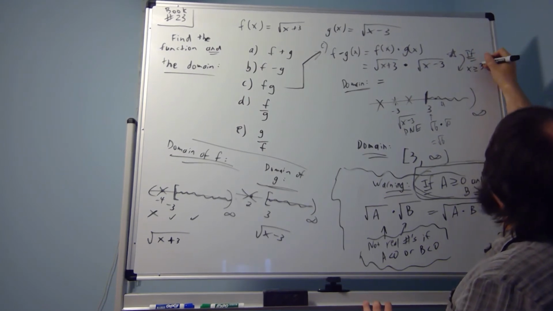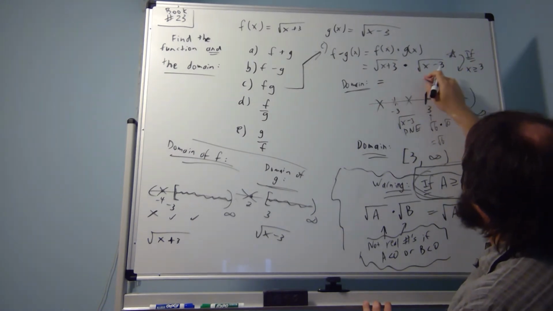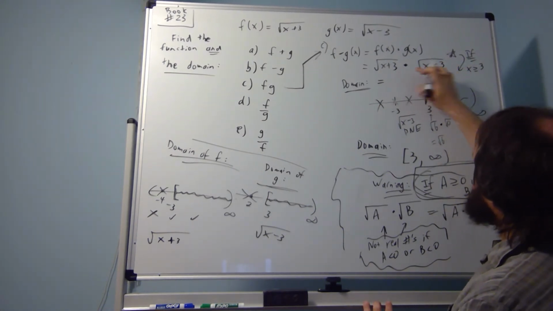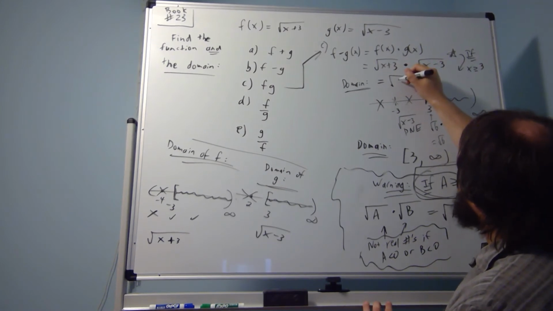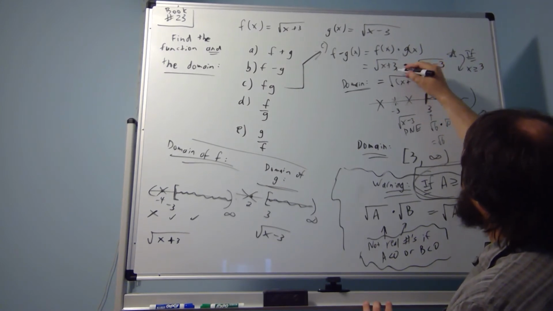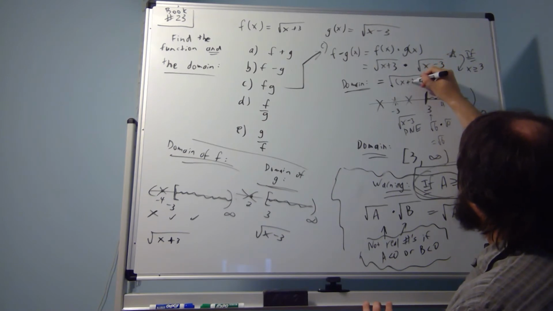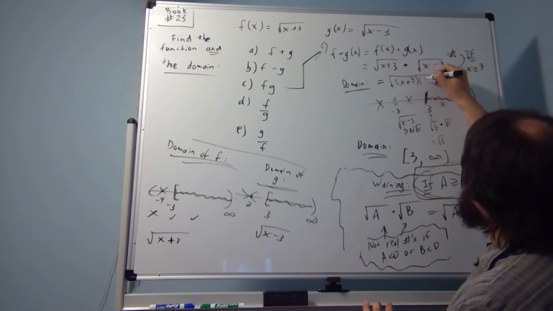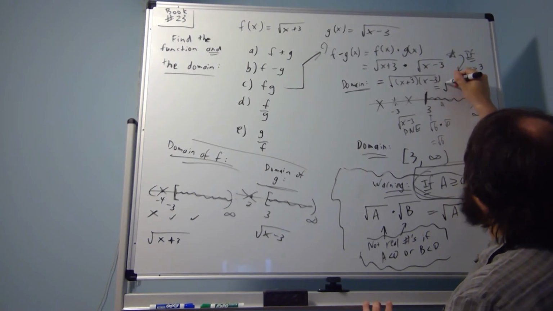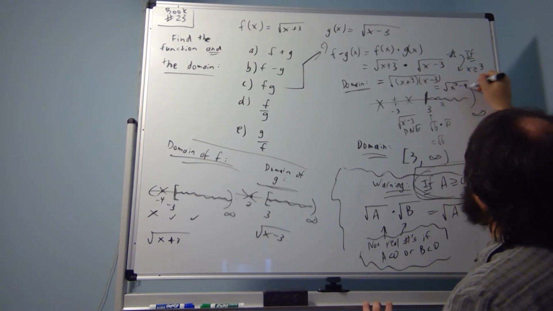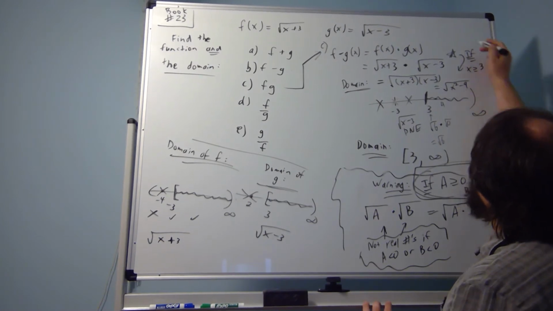If x is bigger than or equal to 3, then we're in this domain where both expressions are square roots of non-negative numbers, and then we can say the square root of a times the square root of b is equal to the square root of a times b, and that's okay. And then you can write this however you want. You can write this as the square root of x squared minus 9. You can do all sorts of things, but only